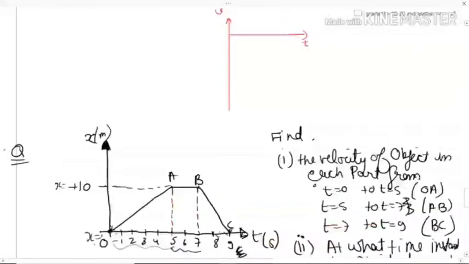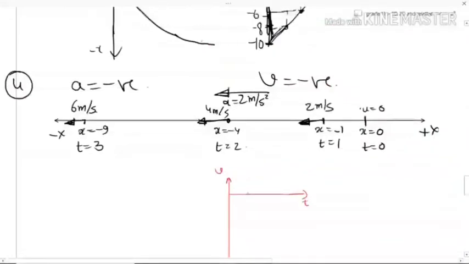So basically, if I draw the graph of this, it will look like 1, 2, 3, 4. At 0, it will be 0. At 1, it will be minus 2 meter per second. This will be minus 4, this will be minus 6, this will be minus 8, and so on. So you'll draw a point over here, then a point over here. Can you see these points, guys? And finally you'll connect all these points together.